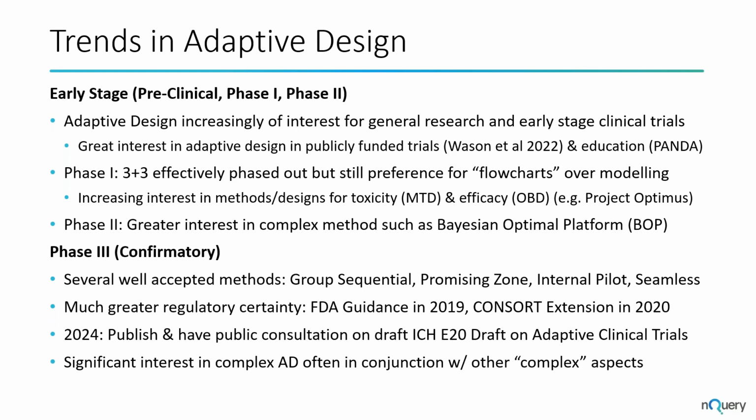So I think Bayesian optimal platforms is what I've heard a lot about. There are some older methods from the 90s, which we've had user requests for. So I think Bayesian approaches in phase 2 will continue to grow, probably the biggest thing over the last year and moving forward. Moving into confirmatory trials, obviously adaptive design, especially after the 2019 FDA guidance update, I think there's